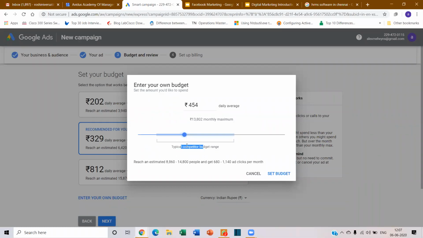You see here, they've given you the typical competitor budget range. This is a budget they have actually. Your competitor has this. More than this, you can go, or less than this also you can. This is again an analysis that you can make. So within this range only, your competitor is actually giving advertisements. So you can make sure that whatever advertisements is working on this, make sure your budget is anywhere between this.